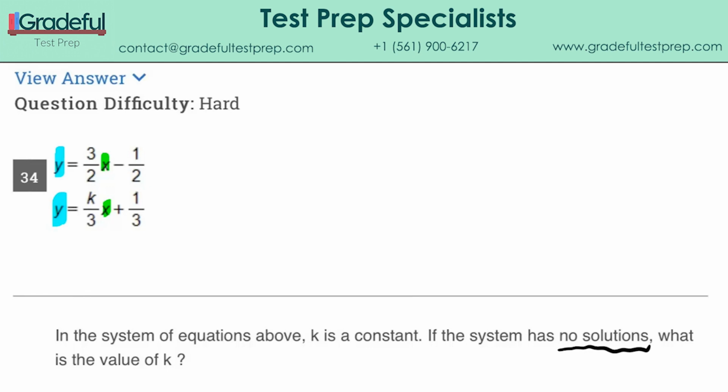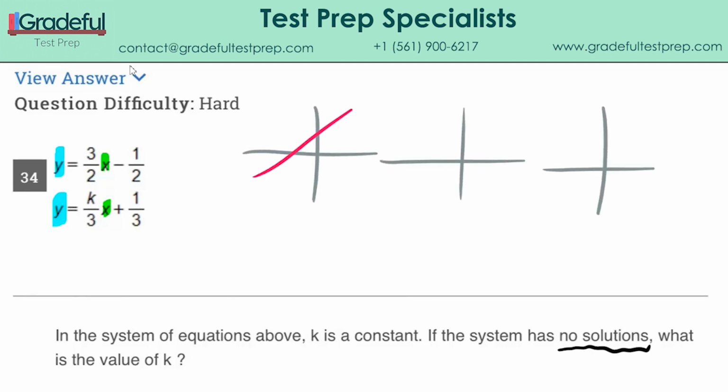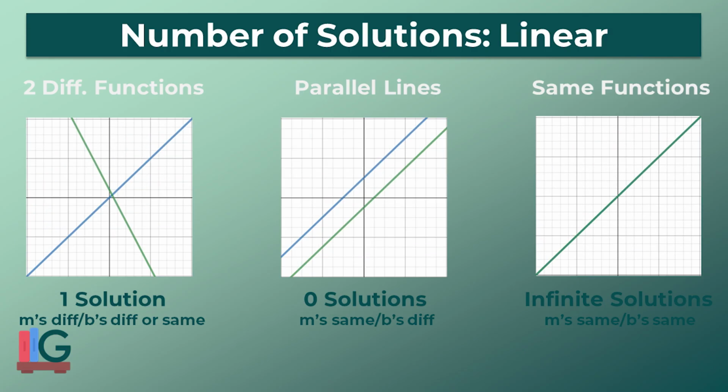When y is to the first power, x is to the second power, that's a quadratic. And when x is the exponent, that's an exponential. And those are the three main equation types you're going to see on the SAT. But if we're dealing with the number of ways that two lines can interact, we're talking about this, or this. So in other words, we can have one solution, no solutions, or infinite solutions if they actually ended up being